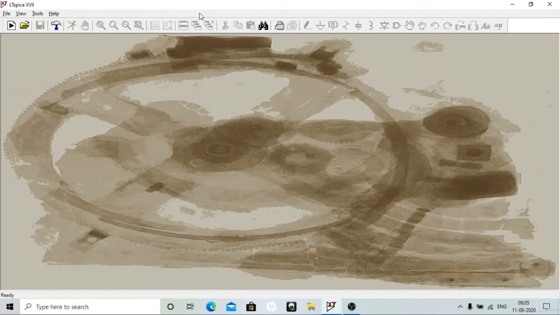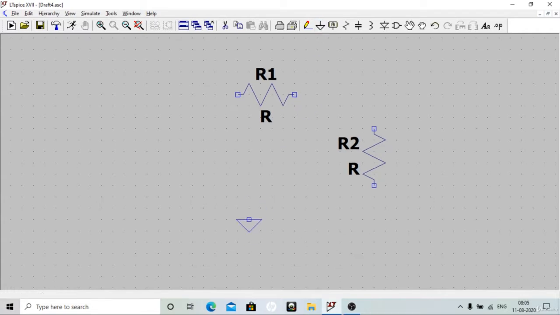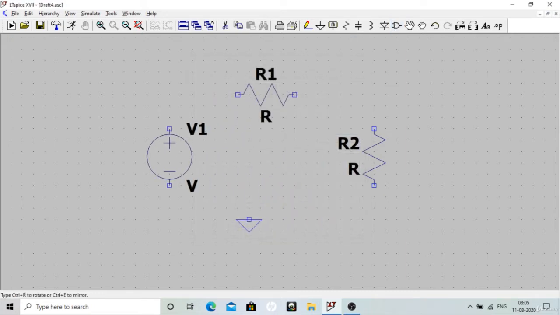Okay, so now we are equipped with all the details of this software. So let's make a circuit, a small simple voltage divider, and let's do some simulations. First, what usually happens is people place Control R like this, then Control R again. There are two resistors, then one ground and one voltage source we need. We'll go into components, find a voltage source, click here, escape.